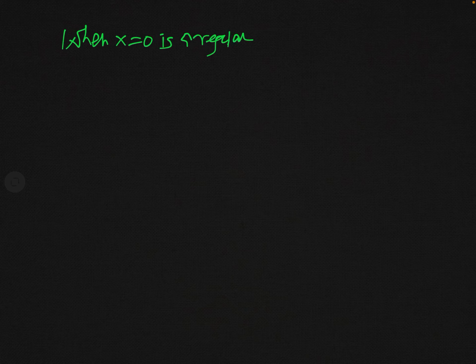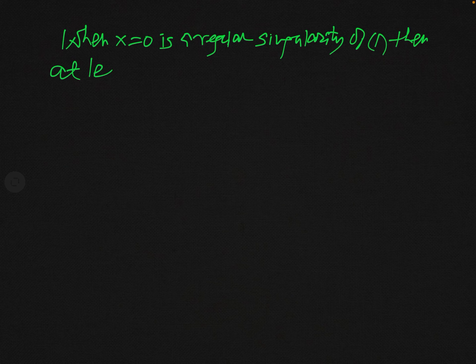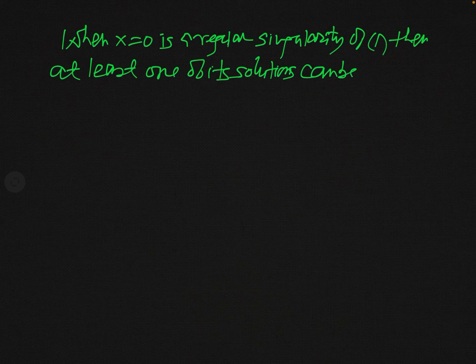You can see, according to Frobenius method, when x equal to 0 is a regular singularity of 1, then at least one of its solution, not all of the solution, at least one of its solutions can be expressed as